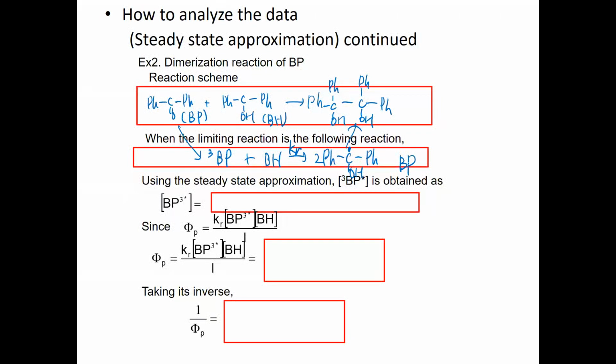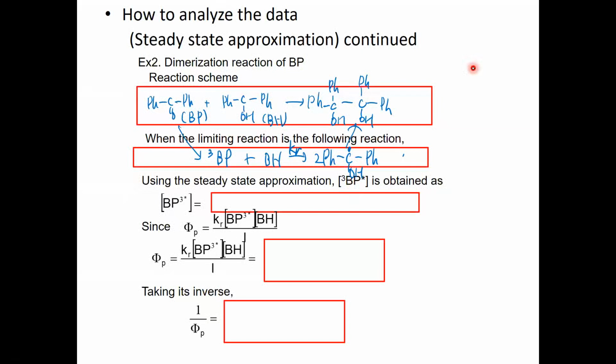Using the steady state approximation, since this BP star, the triplet excited state, can be regarded as the intermediate species, we can make the differential equation